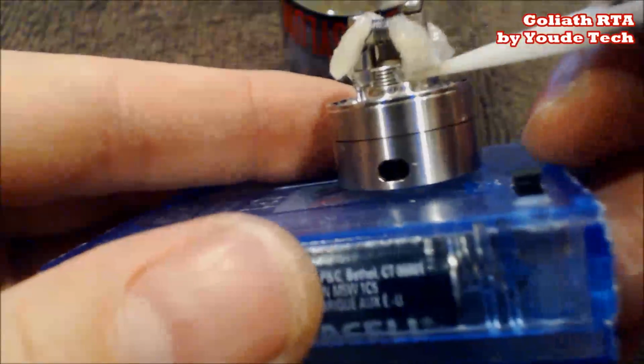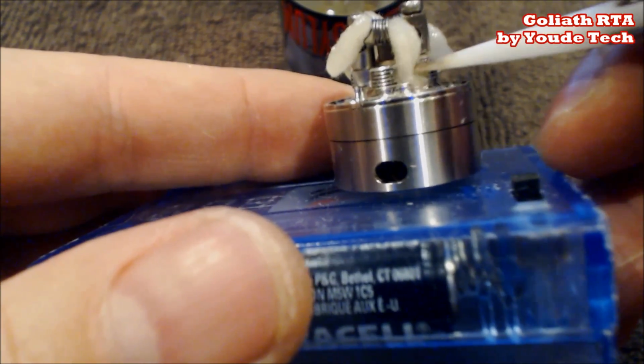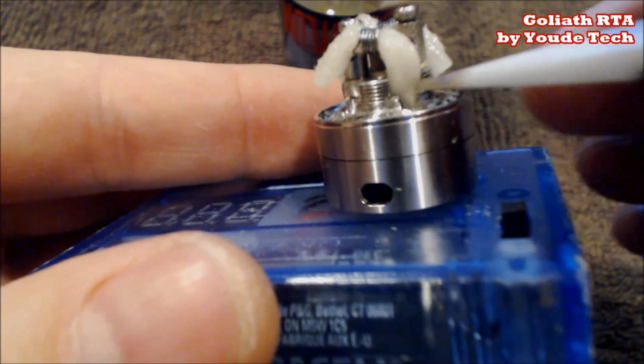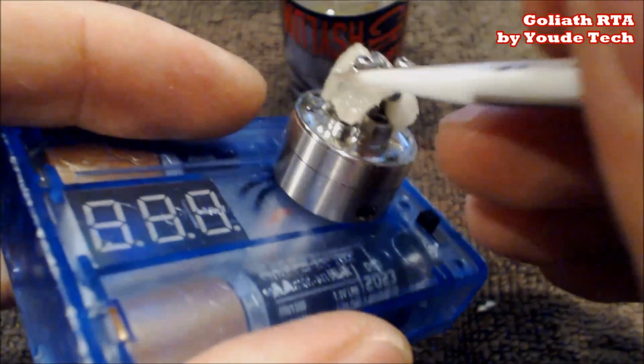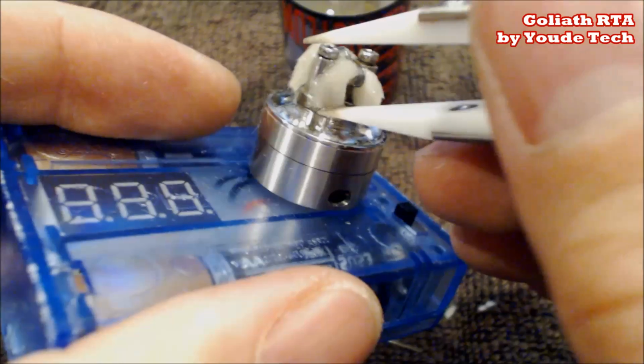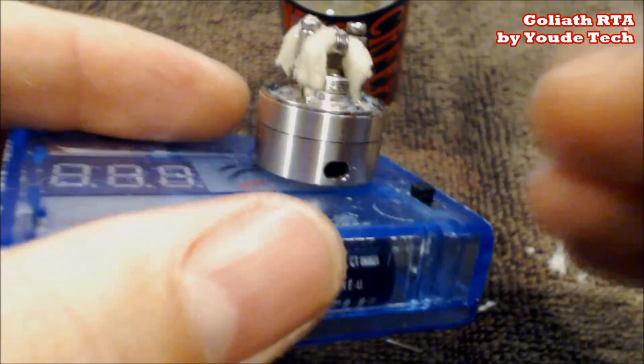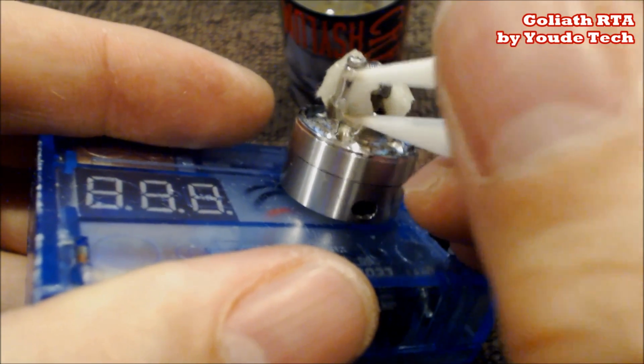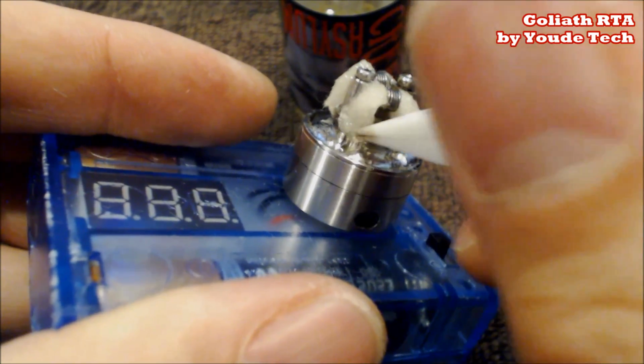Okay, so now all you do is you take your cotton and you place it right into that little deck right there. You can actually use a fair amount of cotton, which is quite nice and makes this very easy to wick. Possibly one of the easier tanks I've wicked,